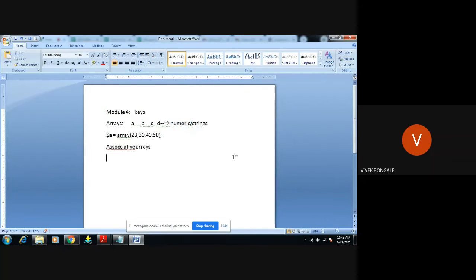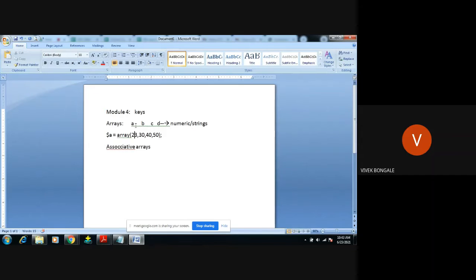Okay, so till now what I explained, arrays: if you want to give more than one value to the same variable, we're going to use a concept called arrays. Right? In memory, how will it be declared? Each value will be given one index value, and with the help of that index value, we're going to get these values. In all programming languages, the index value will be numeric, an integer from 0 up to n minus 1.